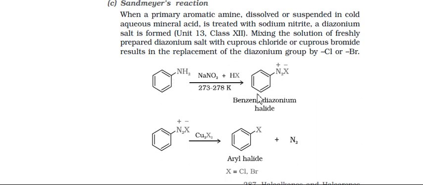So by using aniline, we can have chlorobenzene and bromobenzene by the Sandmeyer or Gattermann reaction. If we use KI in place of cuprous halide, then we have iodobenzene. If we perform the Balz-Schiemann reaction with aniline, then we have fluorobenzene. I repeat, the Balz-Schiemann reaction is the reaction in which aniline is allowed to react with NaNO2 plus HBF4 at very low temperature. The intermediate benzene diazonium fluoroborate has BF4 minus in place of X minus. And when this benzene diazonium fluoroborate is heated simply, it would